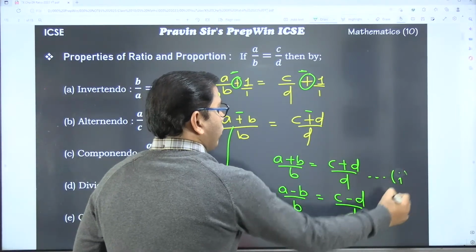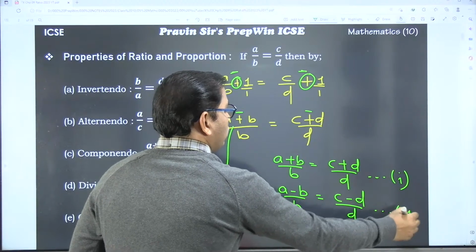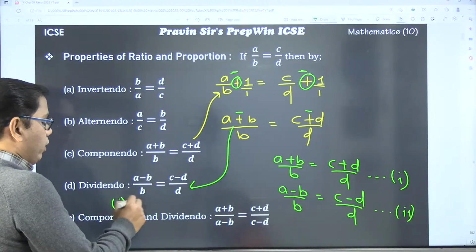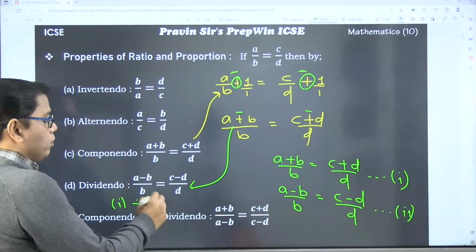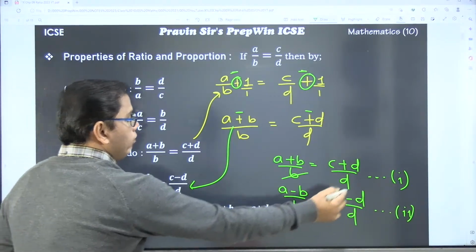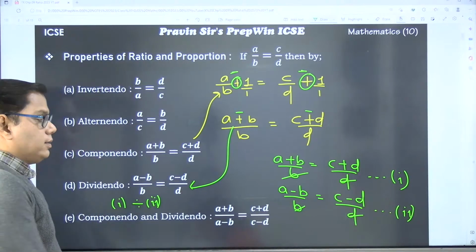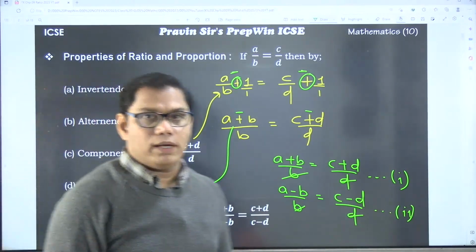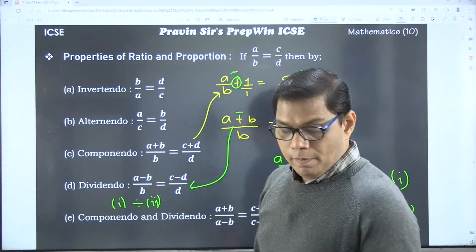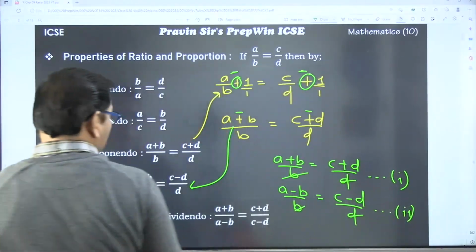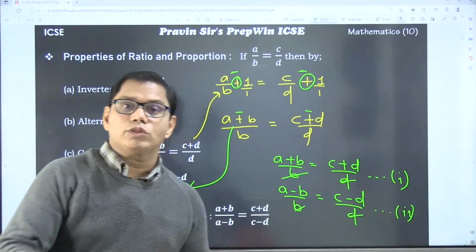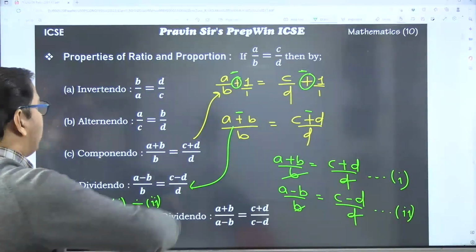Let us say this is equation number 1 and equation number 2. When you divide these two equations, equation 1 and equation 2, what will you get? This B and B will get cancelled, and you get A plus B upon A minus B is equal to C plus D upon C minus D. I hope you are understanding these properties, because the next 15 sums which we are going to solve will be based